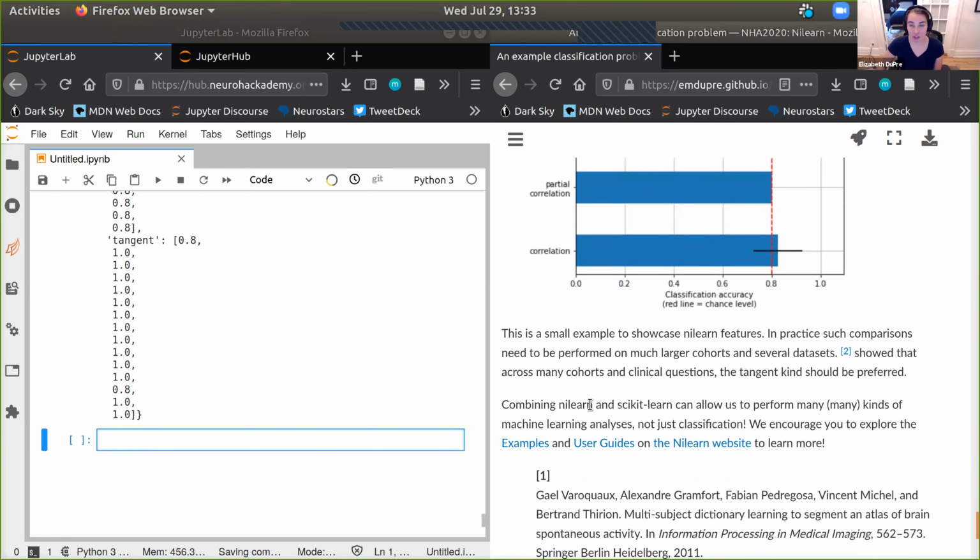So if you're interested in learning more, again, I'd really, really point to the Nilearn website. I think it's phenomenal. There are a lot of really good examples and a lot of really good user guides walking through some of this information, along with many, many different kinds of example analyses. So this is all something that's freely available online.